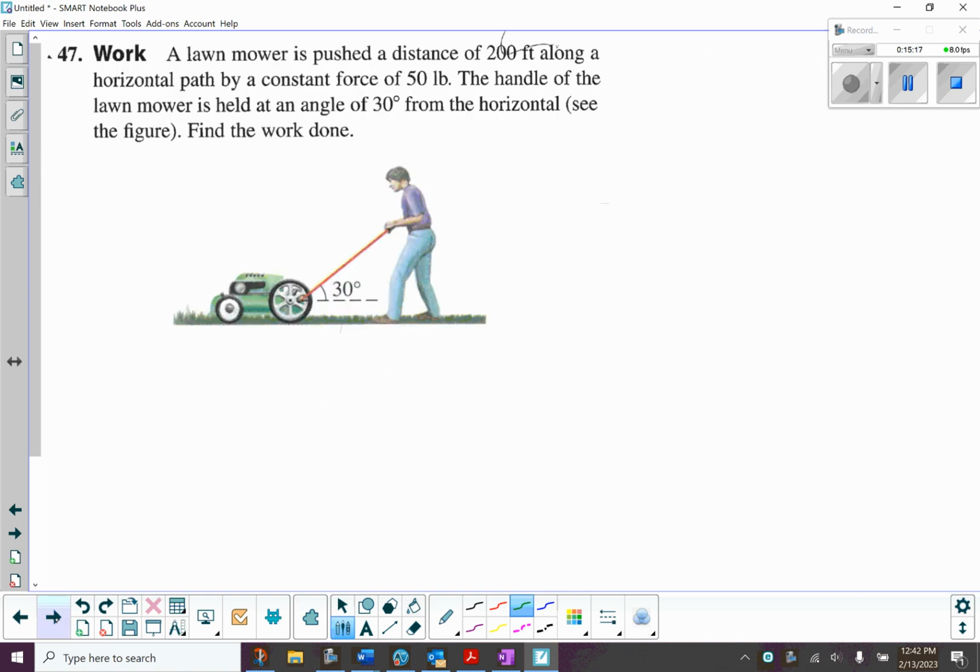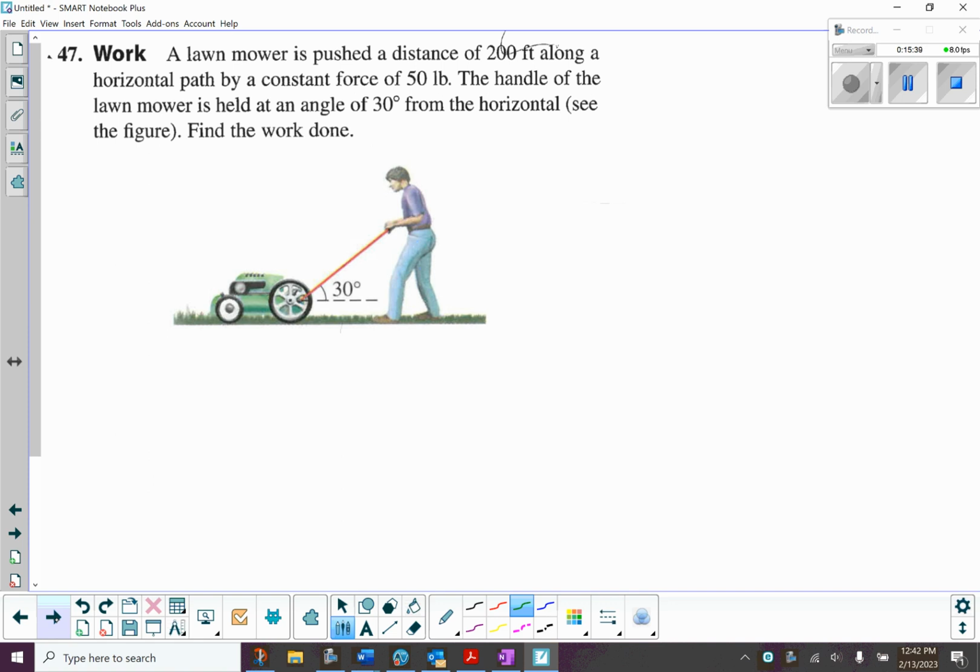How do we use this stuff? All right, so let's go into 47. Again, we just talked about work. Let's do a work problem here. They're asking you to find the work done if a lawnmower is pushed a distance of 200 feet along a horizontal path by a constant force,